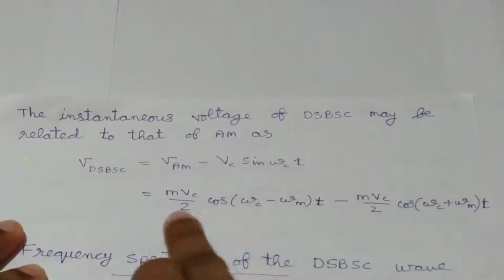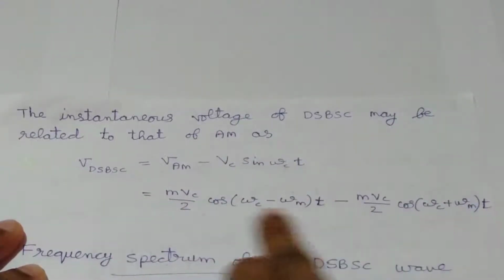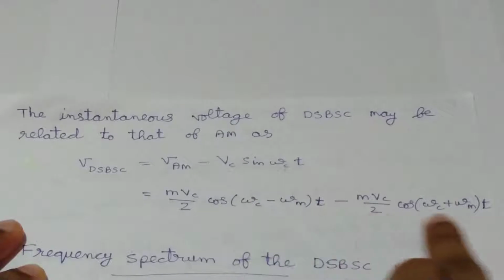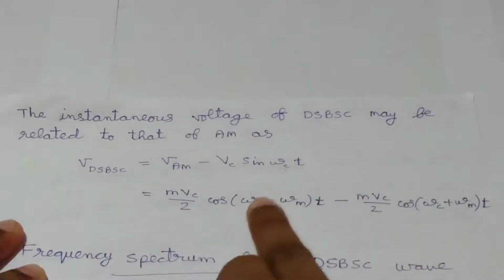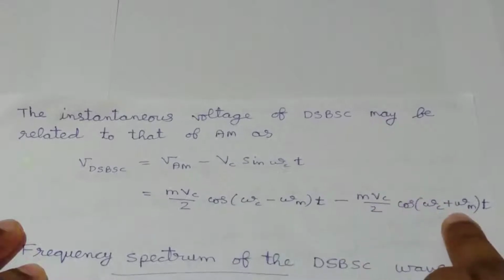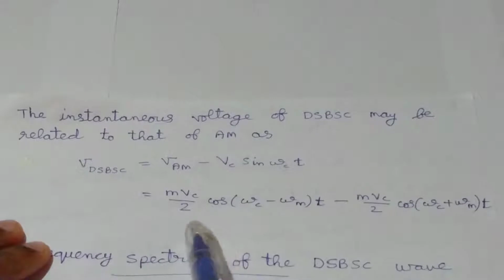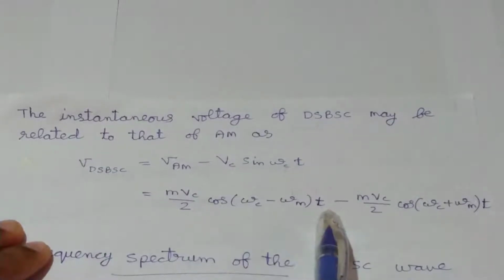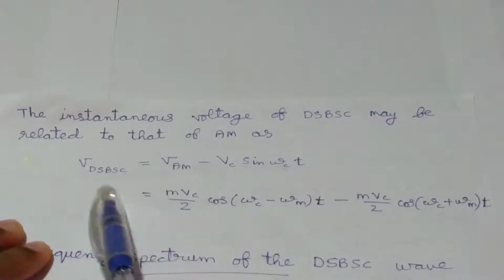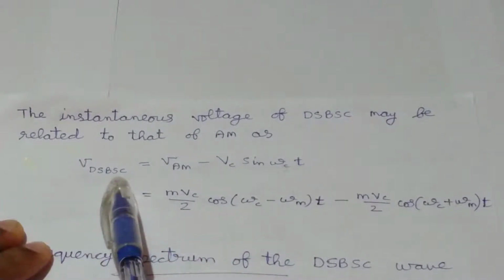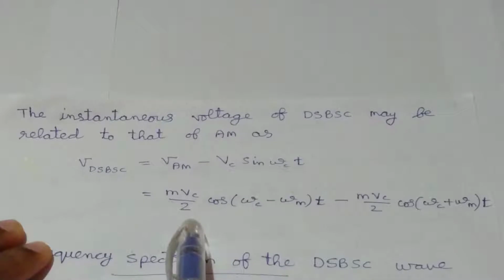So here we can see in this double sideband suppressed carrier technique that the carrier component is suppressed, and we are transmitting only the lower sideband and upper sideband components to the receiver side. Then one important question that arises here is that if we can reduce the power required for transmission by using this double sideband suppressed carrier technique, then why are we using the basic amplitude modulation technique?